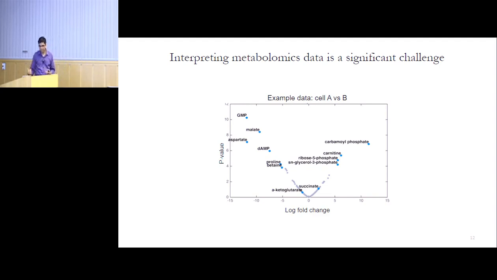And so people have tried many statistical approaches. One common way to interpret metabolomics data is by doing what's called pathway enrichment analysis, where you overlay this data onto predefined pathways. But there are two main challenges in doing this for metabolism. First, let's say miraculously all metabolites in the TCA cycle are increasing in your data set. Even if that's the case, we do not know if the change you observe is due to increased activity of the TCA cycle, or due to the fact that a pathway downstream of the TCA cycle is less active, or that a pathway upstream of the TCA cycle is more active. So pathway enrichment analysis cannot resolve all these differences.